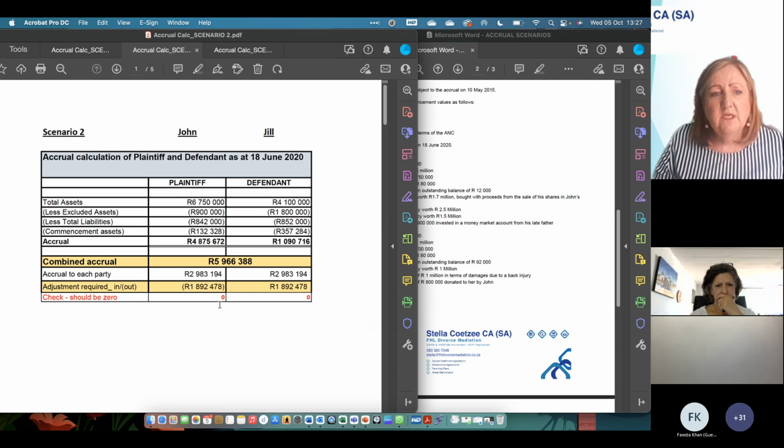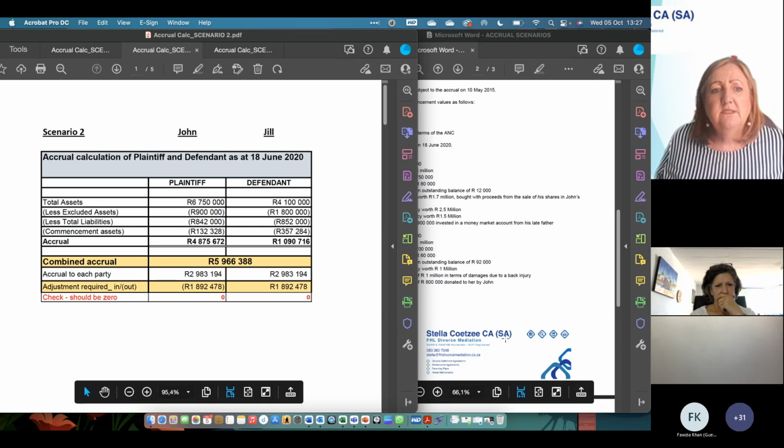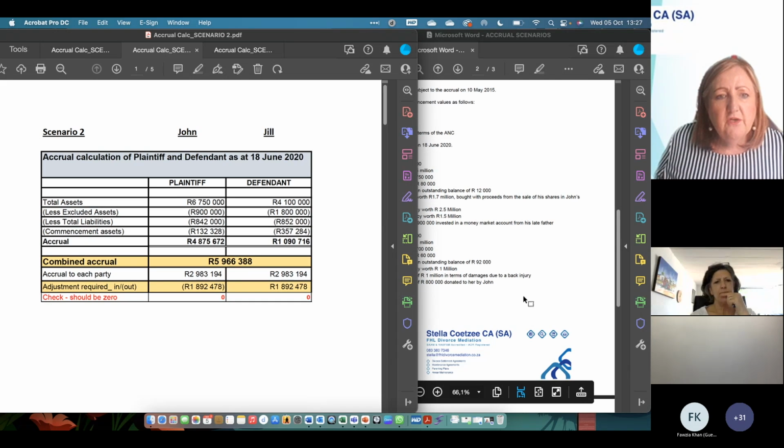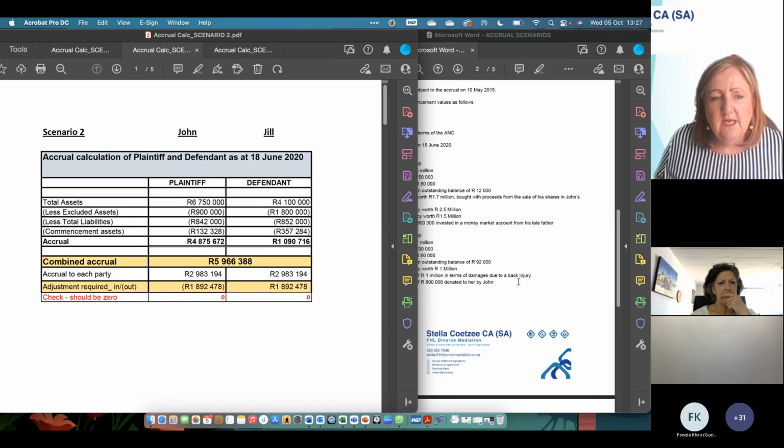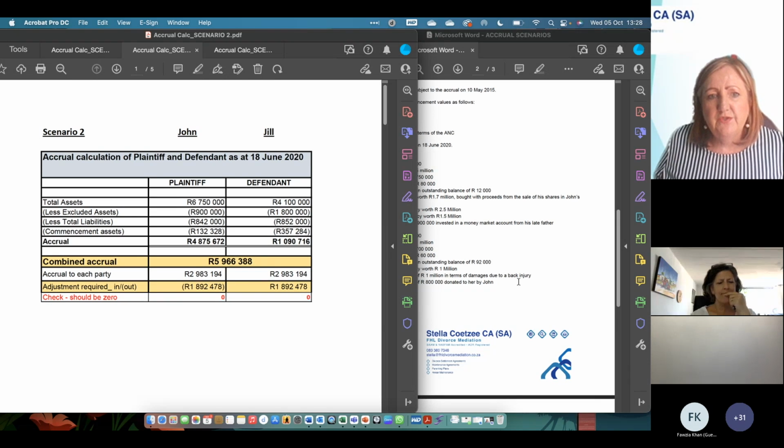The only difference is that just above the accrual amount, there's a commencement assets figure being deducted. On John's side, you'll see 132,000. And for Jill,